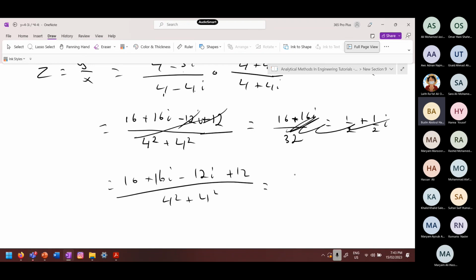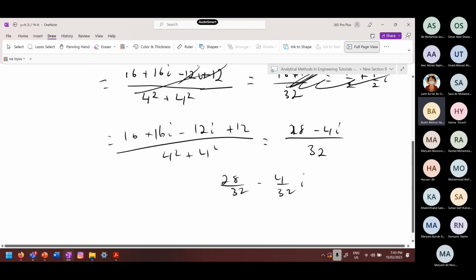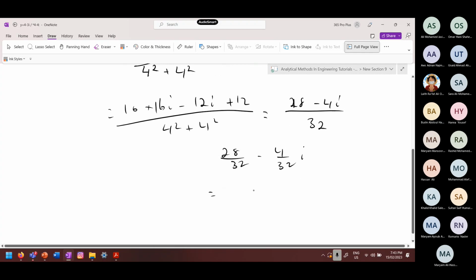16 plus 12 is equal to 28. Okay, and 16i minus 12i is negative 4i, over 32. You'll get 28 over 32 minus 4 over 32 i. You can simplify this more. You'll get 28 over 32, 28 is equal to